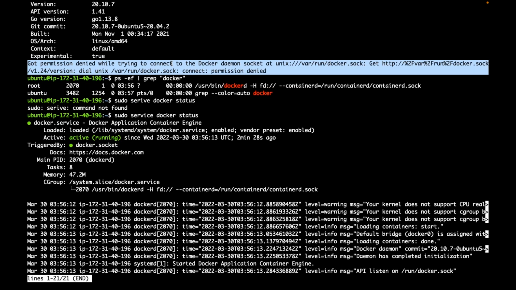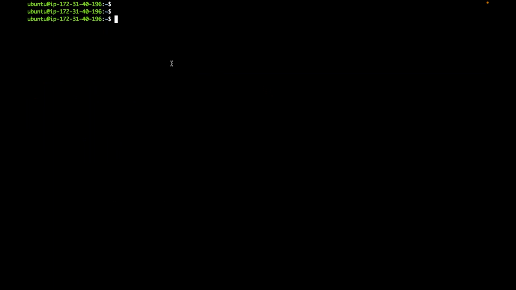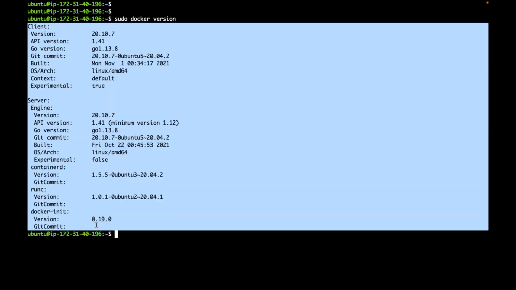As which user am I executing these Docker commands? As a normal user, non-root user. So does this user have permission to interact with the Docker daemon by default? No. Now, if I use sudo, am I getting the details?